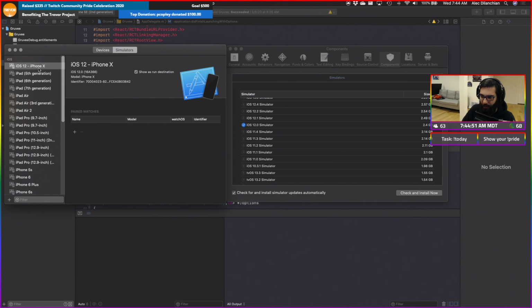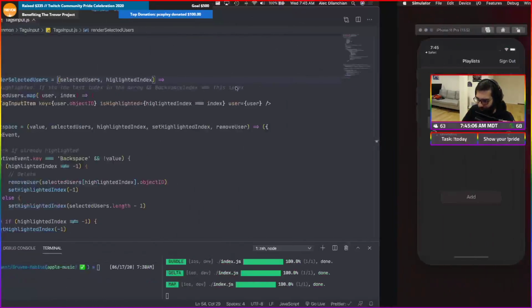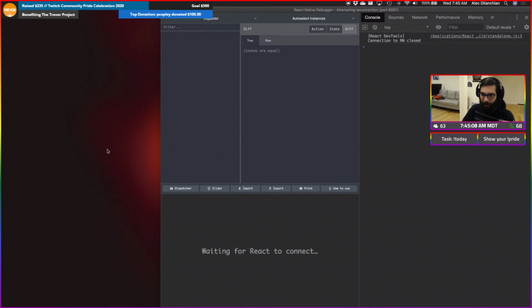Cool. And so what we can do here, why do I have so many iPads in here? We can actually change this now to run on this simulator through React Native. We should be good. I'm going to close out of that. Keep those open. Let me change my script real quick to run on that thing.